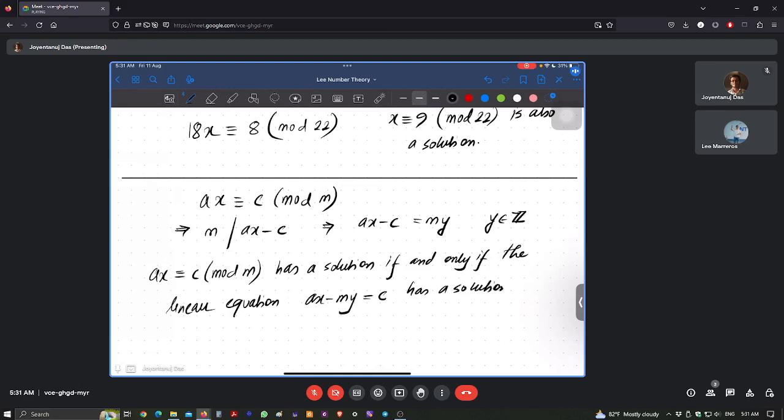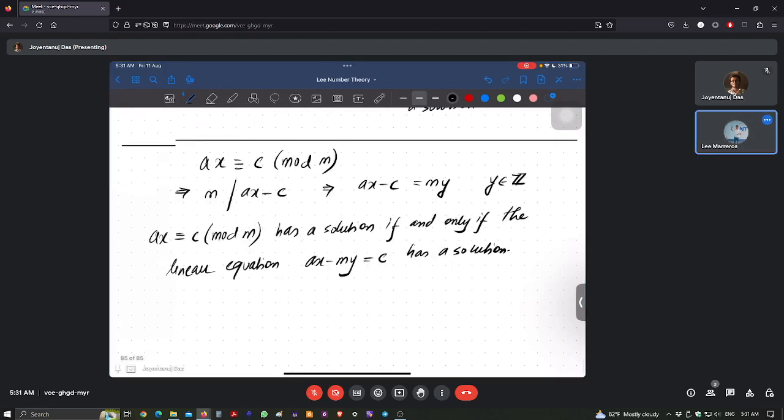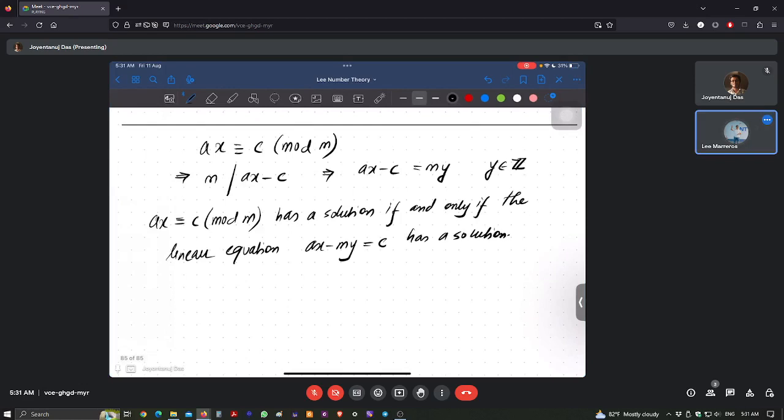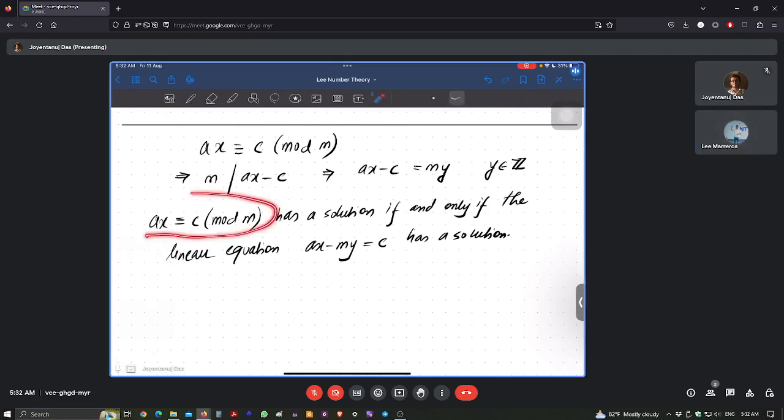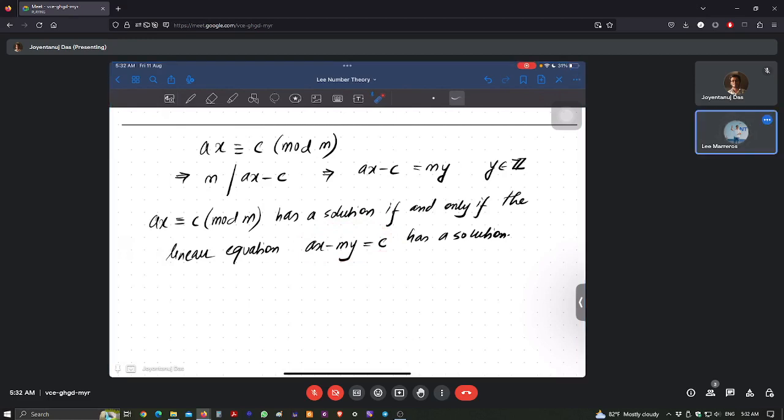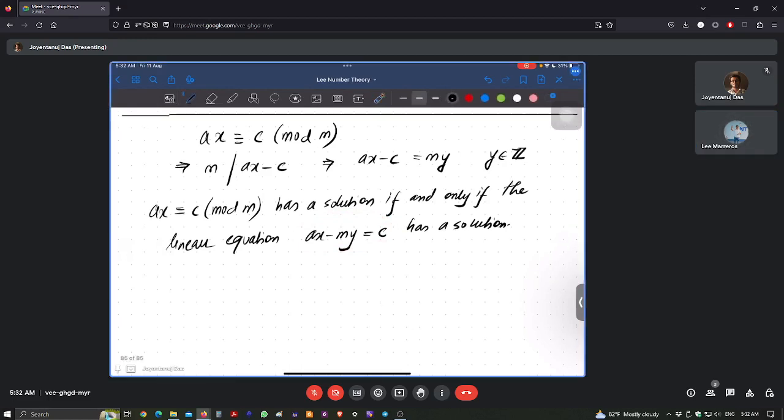This is a general observation. It has at least one solution, because there could be many solutions. So this linear congruence has a solution if and only if this equation has a solution. To make it clear, not really to prove it: